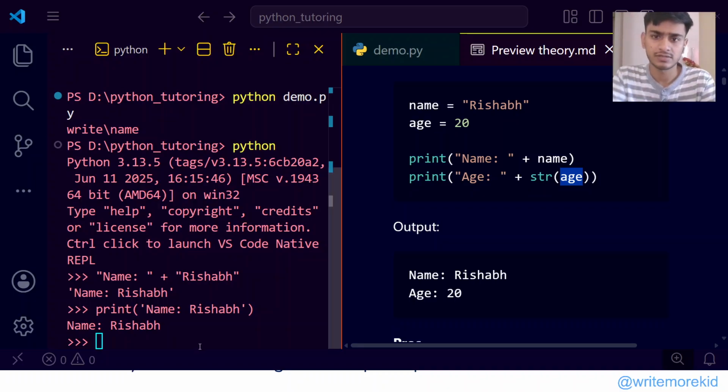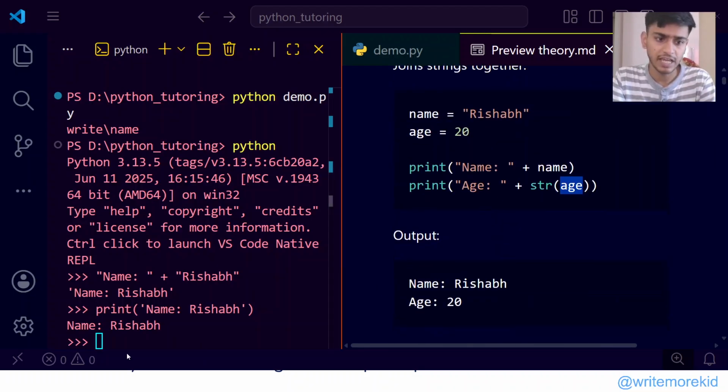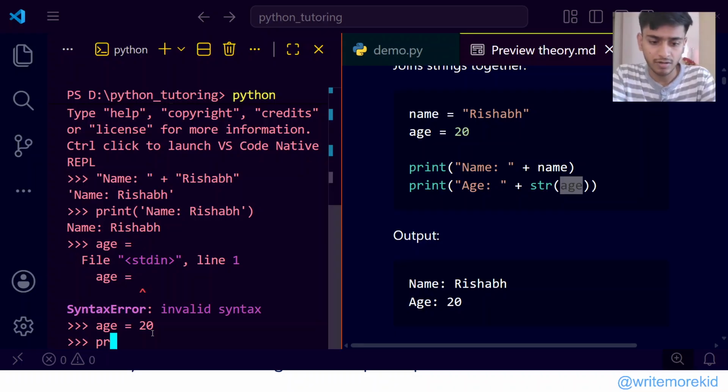If you do this, let's say we create a variable age is equal to 20. Okay, it's thrown an error because my numlock wasn't working. Now, if I try to print age